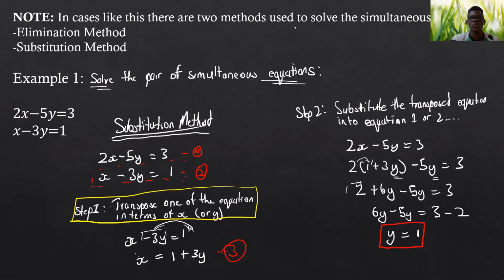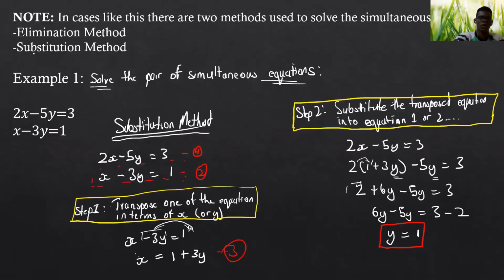For those of you who would have seen the solution by looking at these two equations, I hope that you were able to see that y is equal to 1. So I've got to go to the next one. All right, so step 3. We found one of them, and that's okay. That's for step 1. And step 3 remains the same for all of them. It's to just substitute